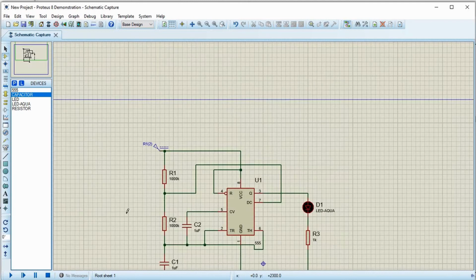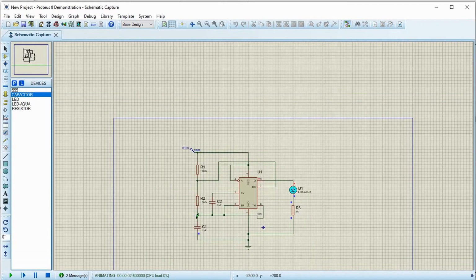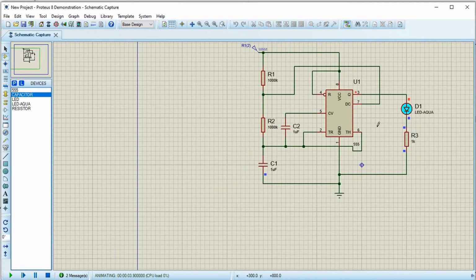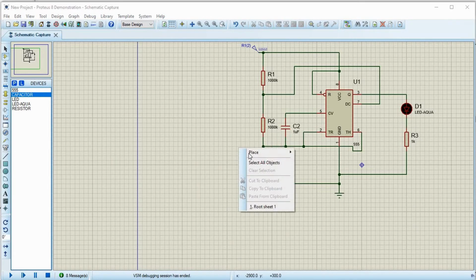Now let's start the simulation. The output LED is turning on, turning off. Let me put a voltage probe here.